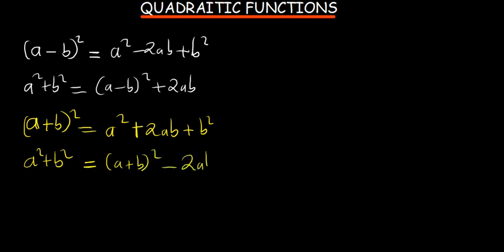Yes, Casey? So how come it became negative 2ab from positive 2ab? So I've gotten this portion, I've taken it the other side. So forget about this. Forget about this. I've gotten this portion, I've taken it the other side. That's why it became negative, because it was